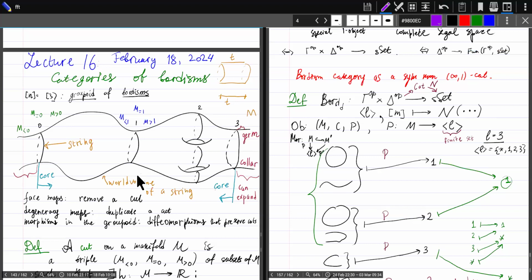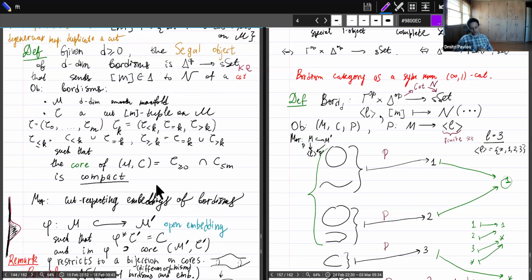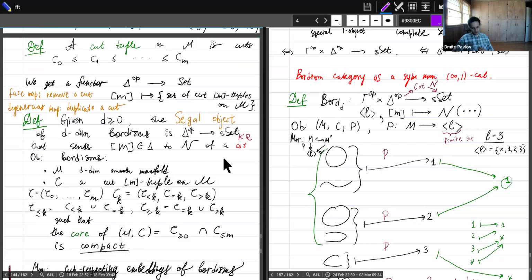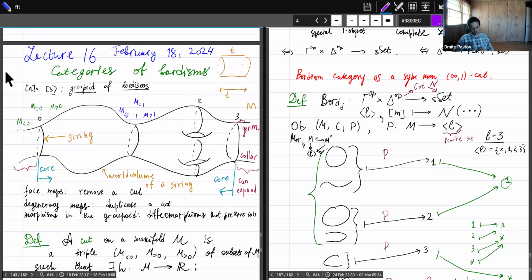Objects are manifolds and morphisms are, let me show you the morphisms. Morphisms are what is called a cut-respecting embedding of bordism, meaning you have two such objects as depicted in this picture, and then one of them is embedded into the other using an open embedding. So basically you embed it as an open subset